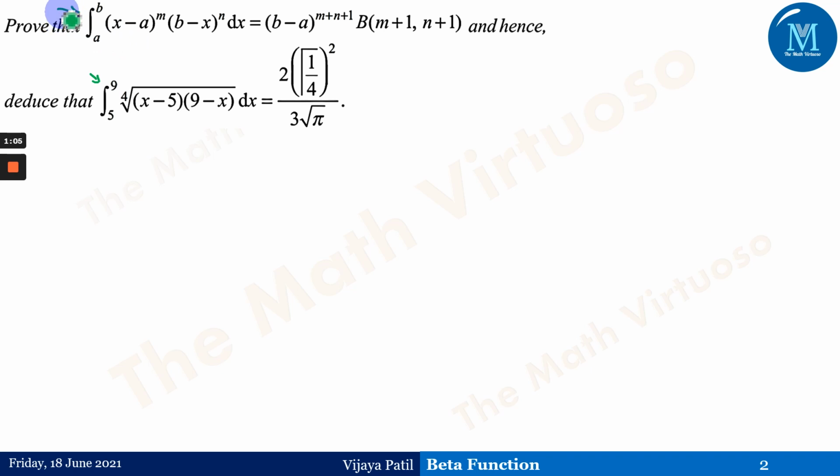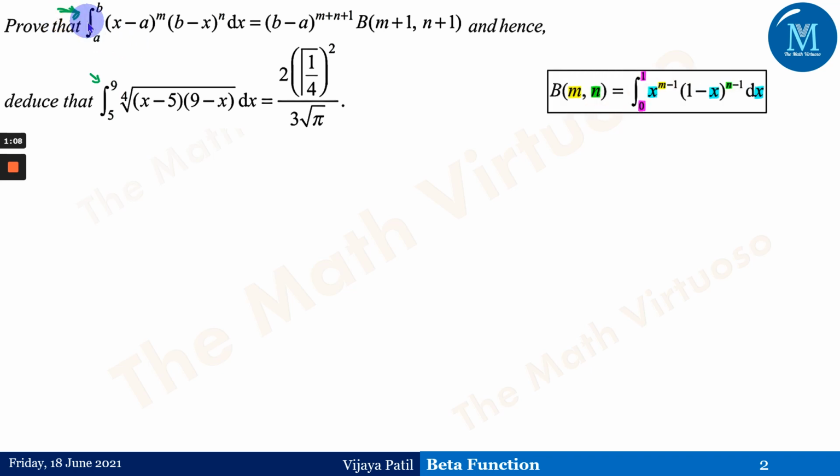Now let us prove this. If you observe, this is the definition of a beta function, and we should always have 0 to 1 as the limit to apply for the beta function. But here we need to deal with this question in a very different manner, because the lower limit is a and the upper limit is b, so we have to make use of this a and b while bringing 1 minus the variable into the picture.